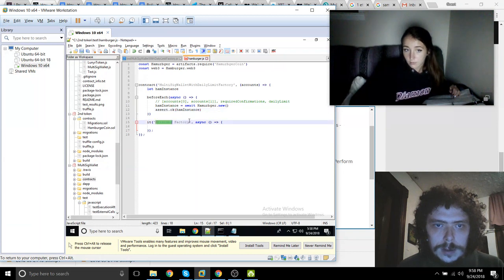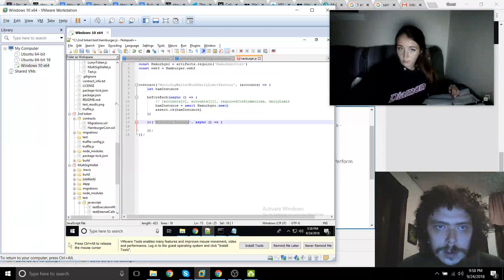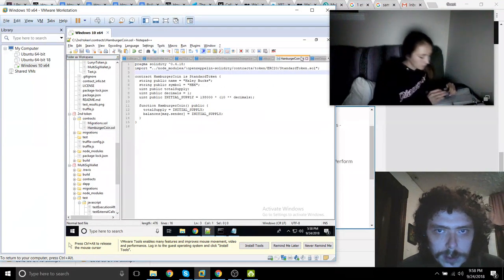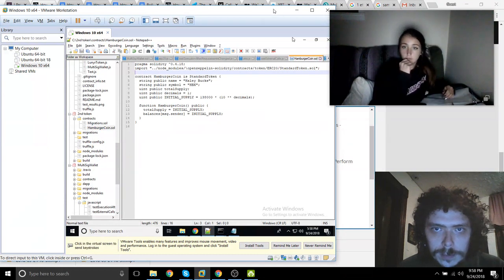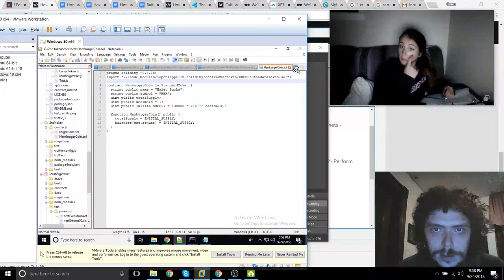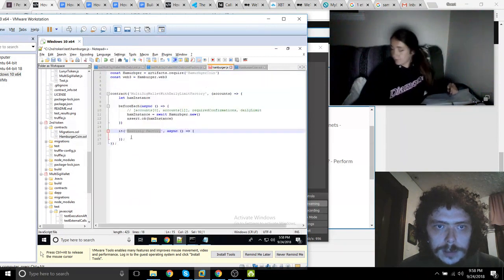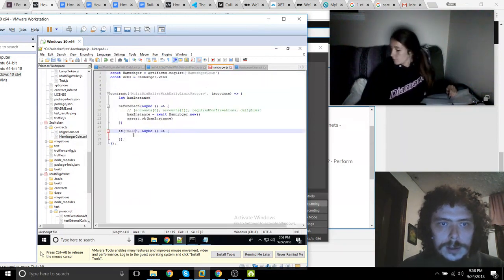So what do we want to check here in our hamburger instance? Where's that hamburger file at? I'm going to move him all the way over to the right so we can access him easier. Come on, hamburger file. Let's go for a ride. There we go. So first thing we want to make sure is that the name is equal to Haley Bucks. Haley Bucks is our first assertion that we're going to look for.